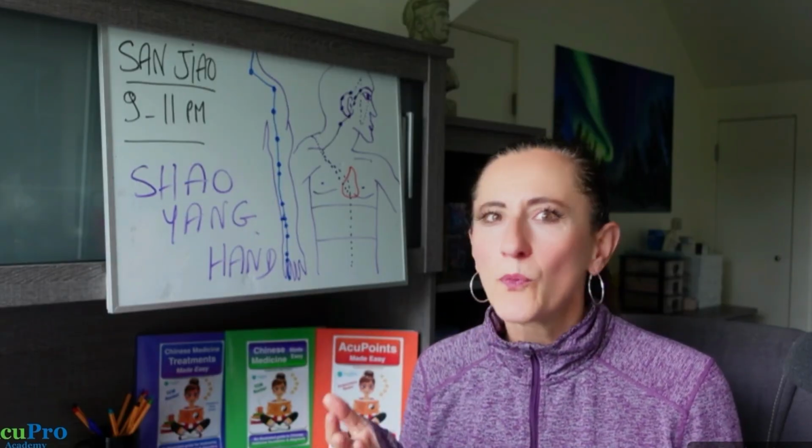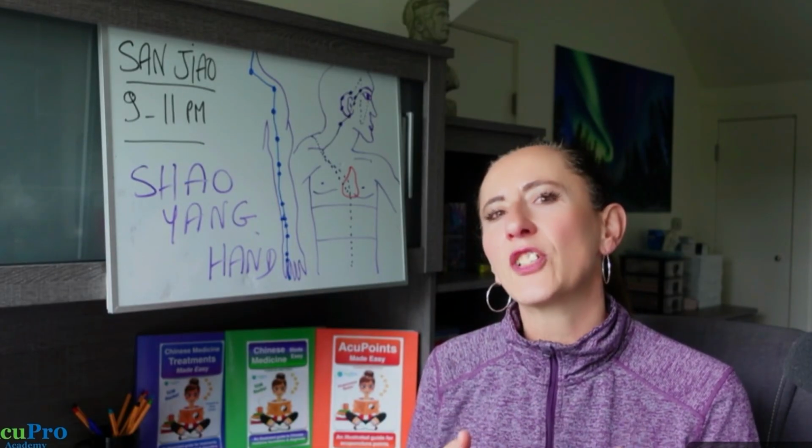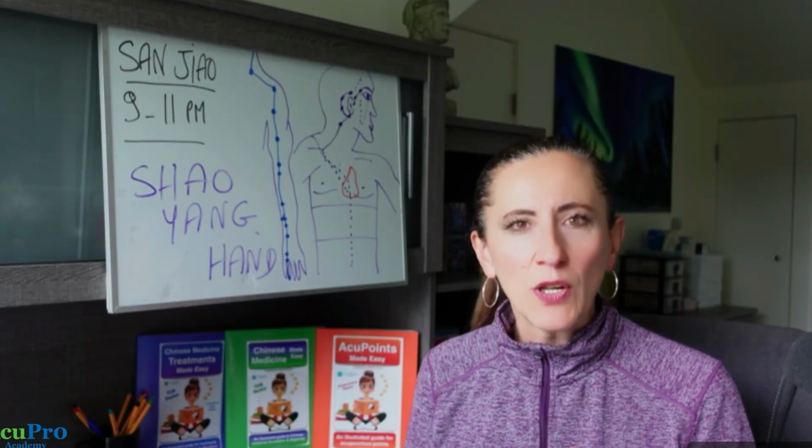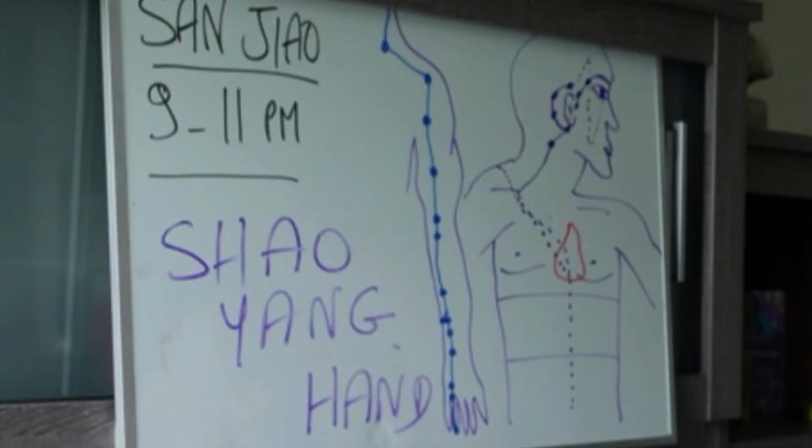The previous meridian in the cyclical flow of qi was the pericardium. So the pericardium finishes at the middle finger, and so it is going to connect to the San Jiao. The San Jiao starts at the fourth finger, as you can see in my beautiful drawing, which I know most